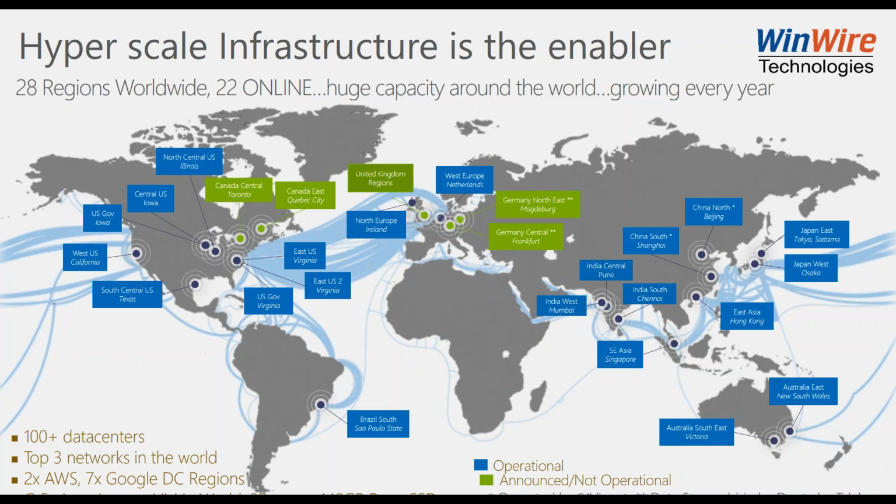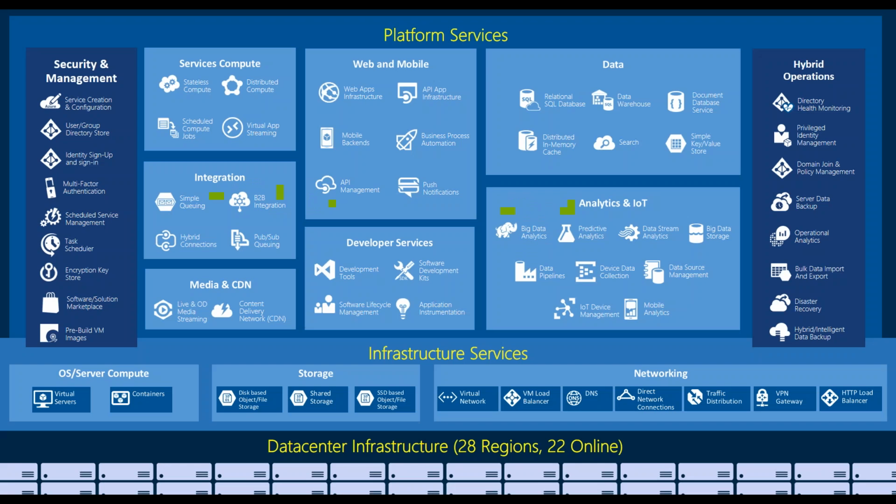And for a company to build out this type of infrastructure is almost cost prohibitive just to run their own private cloud. In this slide, we see not only the 28 regions and the 22 online, but you see the platform services that are available to you as companies and developers, and they are a lot of different. Right, so you have multi-factor authentication, content delivery network, developer services like platform as a service, tables, and different types of storage. We're going to just kind of gloss through some of these.